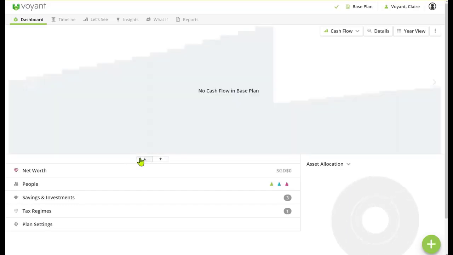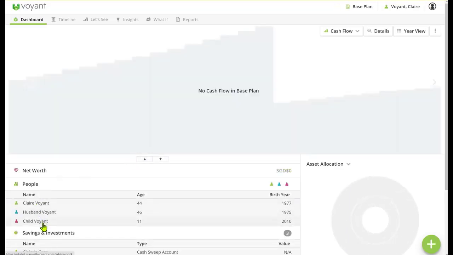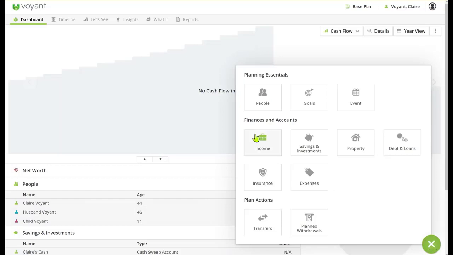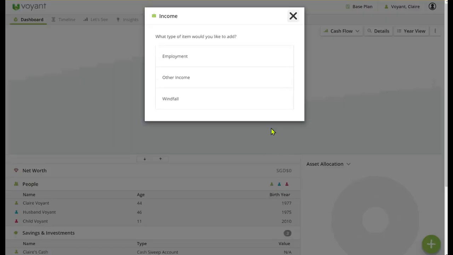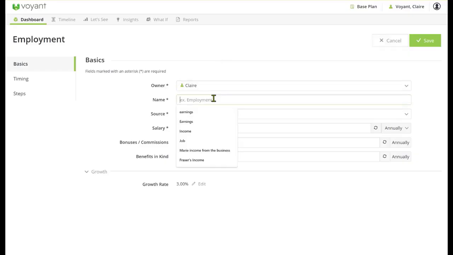And then every person in the plan has a little coloured icon. So we've got Claire, her husband, and their child, and they all have a correlating little coloured peg here that continues through the plan. So then we use the plus sign and we can just start to enter our details. I'm going to start with the hard facts, so I'm going to go with the income. So we go to our employment,